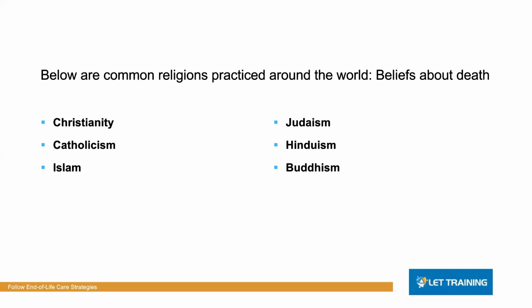Hinduism: they believe in reincarnation. To escape the cycle of death and rebirth, they have to achieve nirvana. Buddhism: they believe rebirth follows after death. Death and suffering are part of life. They can achieve nirvana or enlightenment through good actions and earned wisdom. Achieving enlightenment stops the cycle of death and rebirth.